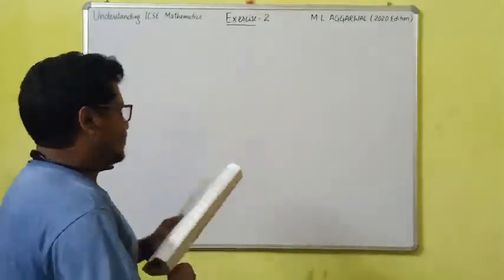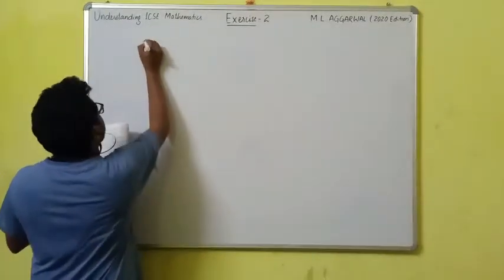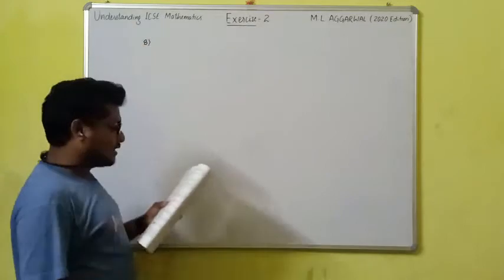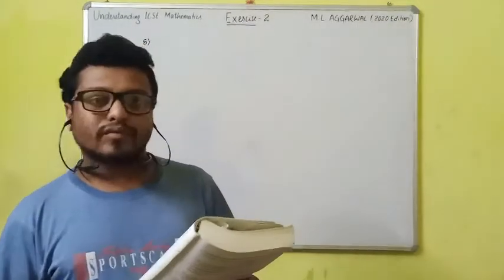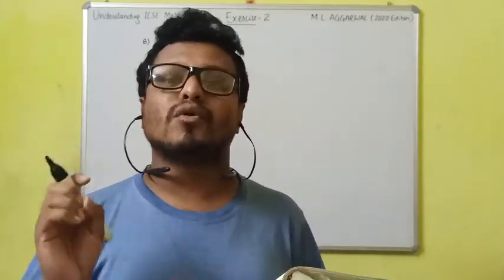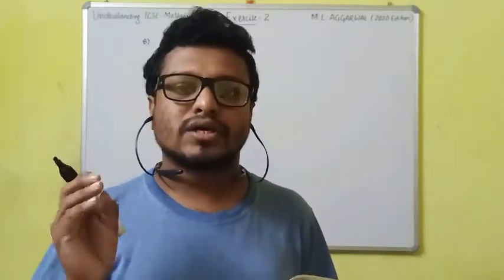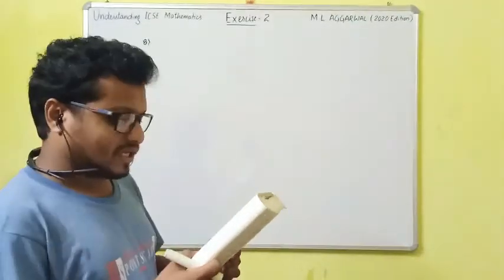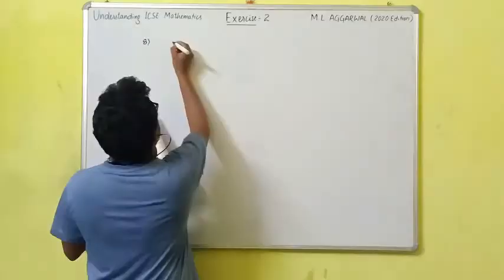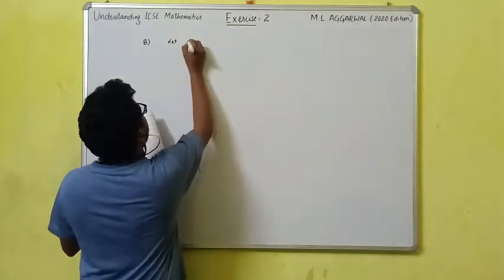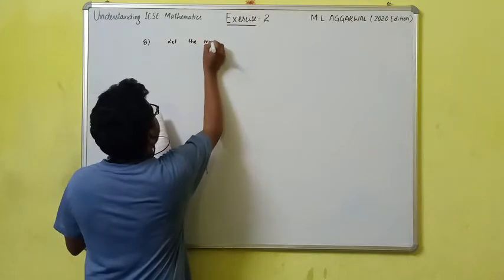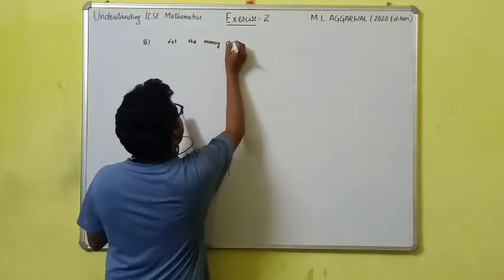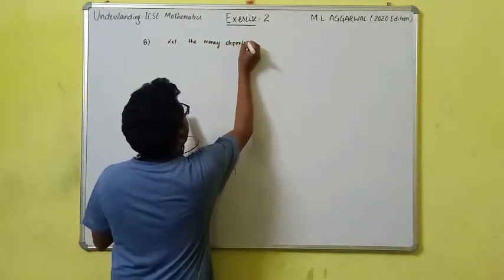So here, let me write first question number 8. You have to calculate the monthly deposit, or money deposited per month. So for that we will go for the first. See here, let the money deposited per month